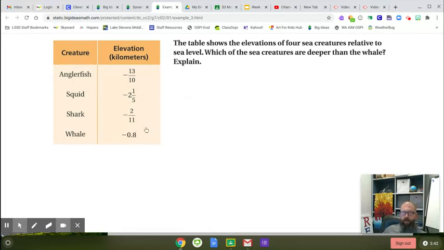So the first thing we need to notice is that these are fractions. This is not. This is a decimal. So I need to change all these numbers into decimals. So you do 13 divided by 10 and you end up with 1.3. 2 and 1/5, you end up with negative 2.2. 2 divided by 11 and you end up with 0.18